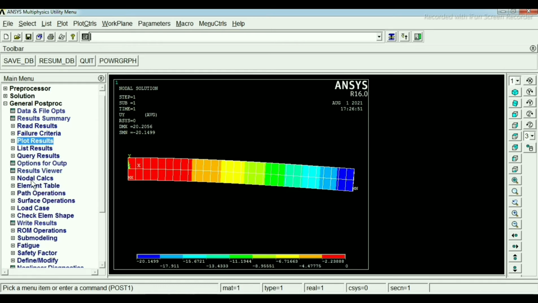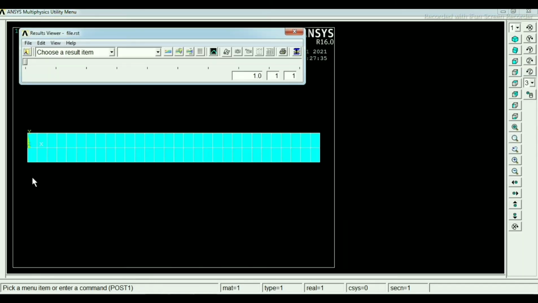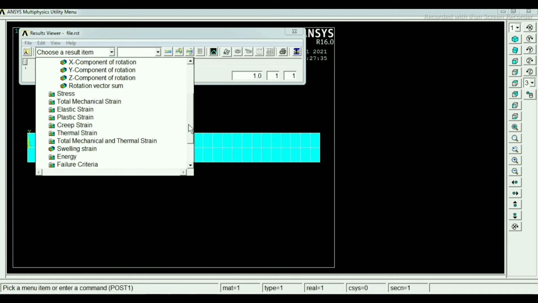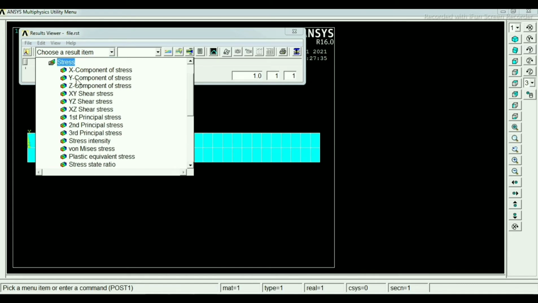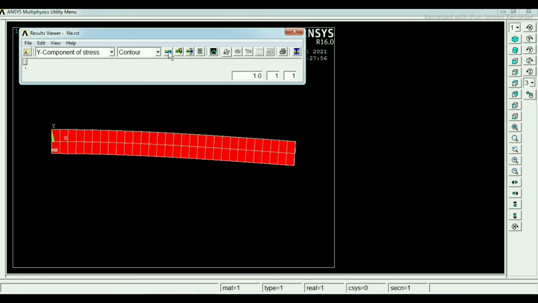If you want to check the second method, the same General Postproc menu is there, and in this there is the option List Results. Click on this. This is the cross section of the beam, and then click here. If you want to check the stresses, click on Stress in the Y component, and then plot the result.